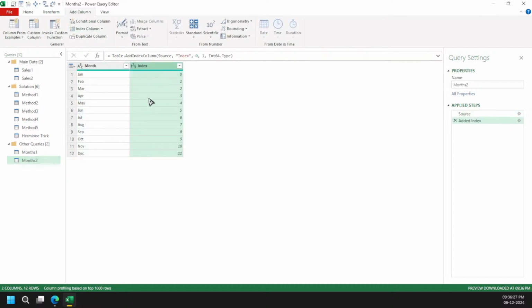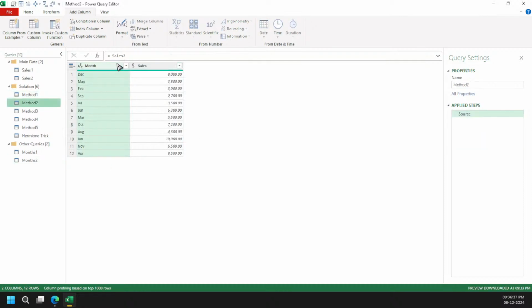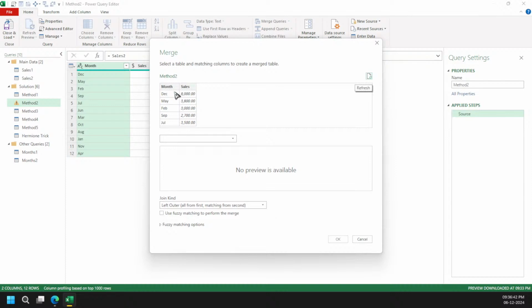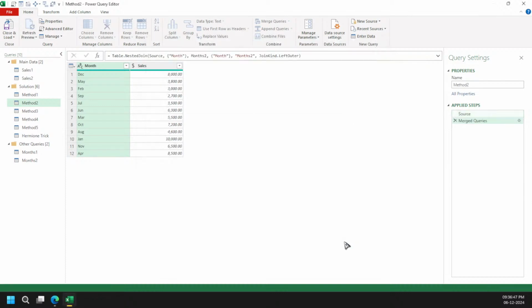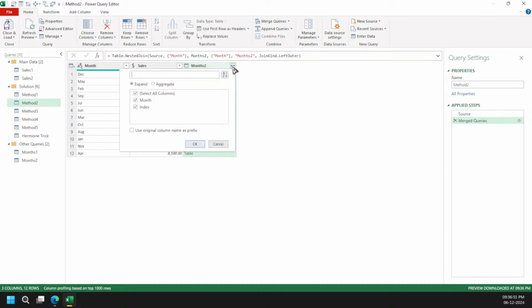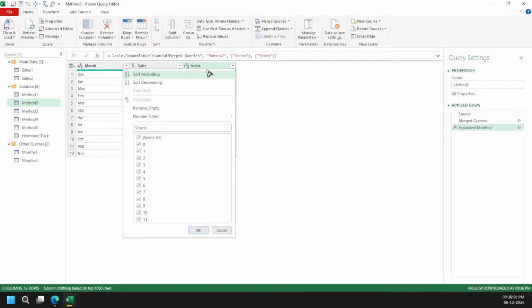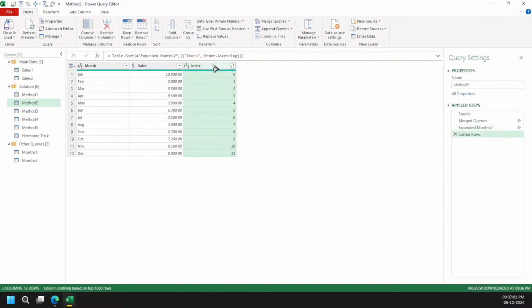It doesn't matter if they start from zero because we just want the sorting order. So let's go with the simplest path. How to sort the data? Again, the same thing, you can use merge columns, right? And then simply the months this way, and then we are going to extract them properly, the month part, not the index part, and then simply go for the sorting order. That's it. And then delete it.